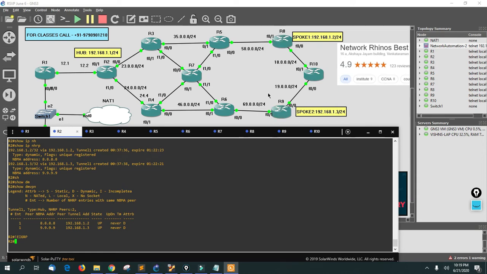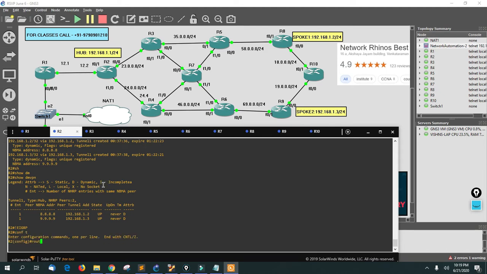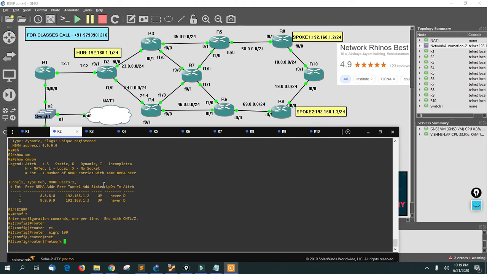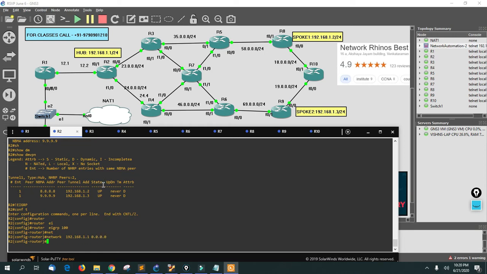At the end of this EIGRP configuration, I should be able to reach the 19 network via the hub. Similarly, the 18 network from R9 via the hub. Okay, so with that information, let's start. Router EIGRP, I'm going to use 100. Network, I'm going to use 192.168.1.1. Let it be a /32, no issues. Here goes the 12 network,